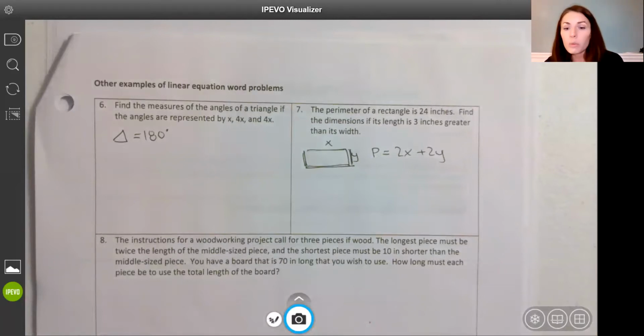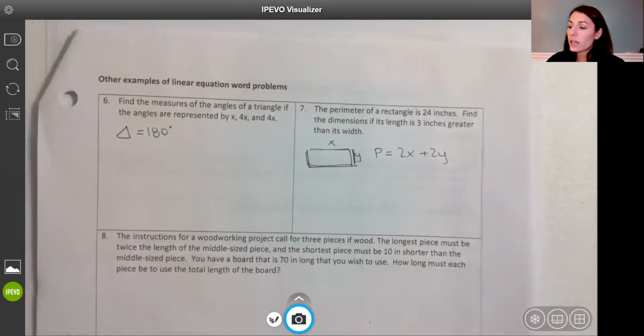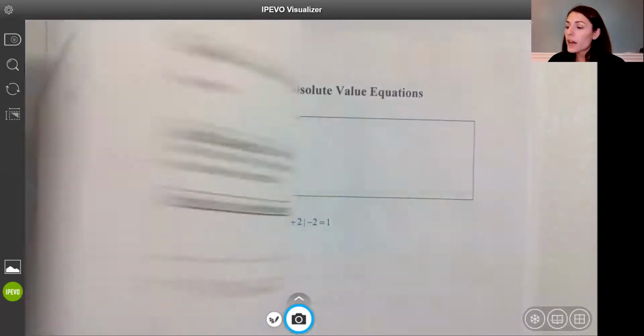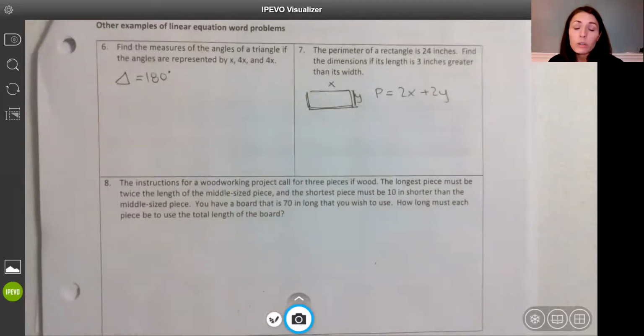So what I'm going to do is I'm going to stop my video so that I can stop it before my battery dies. And I want you to try 6, 7, and 8. And then I'll either post my solutions or I'll post a short little video going over 6, 7, and 8. And then once you are done with that, you have some homework that will challenge